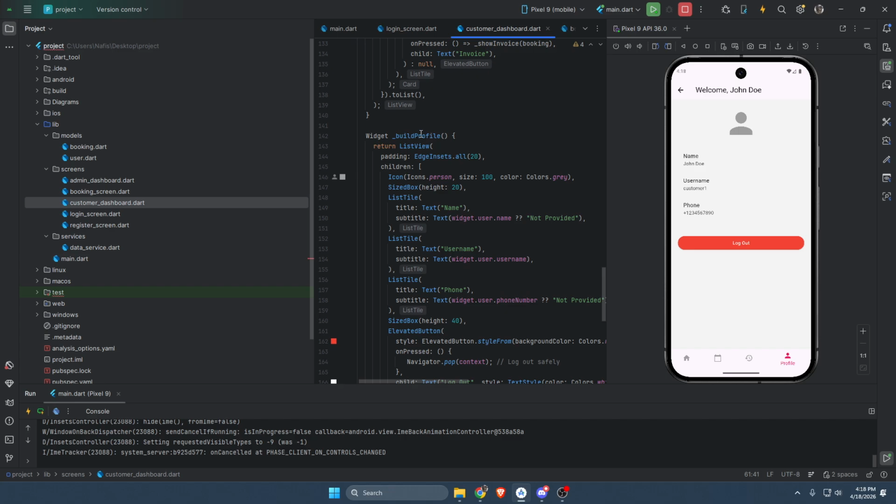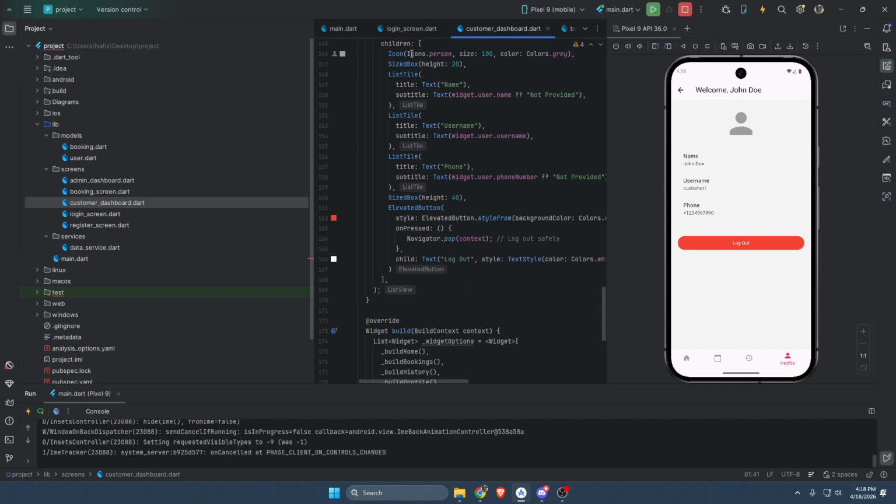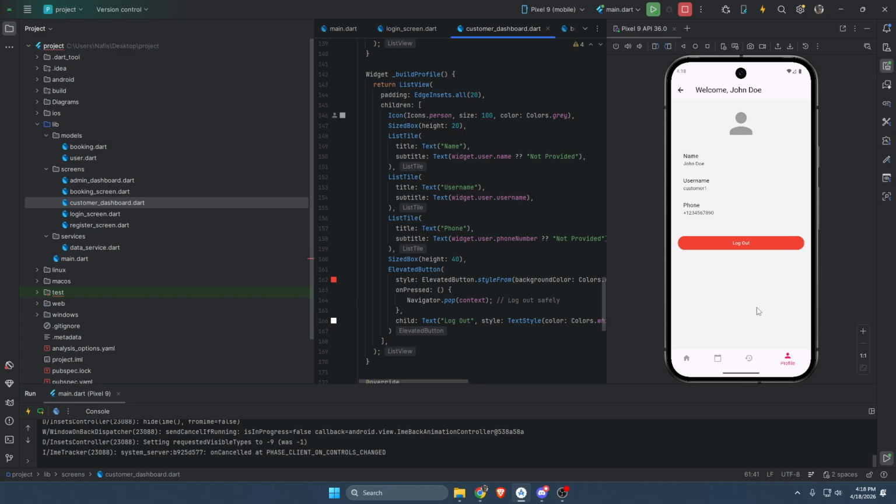So this is the profile part of code, and here you can relate the code to the screen. The phone number, name is. You can also log out from here. These are the no service histories, no active bookings. So if we press here on book service, it takes us to the booking screen right there,